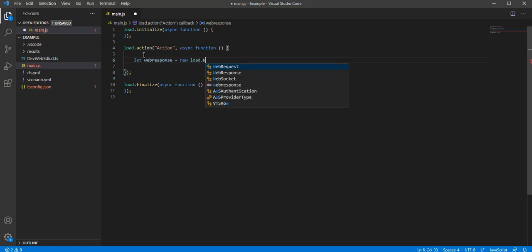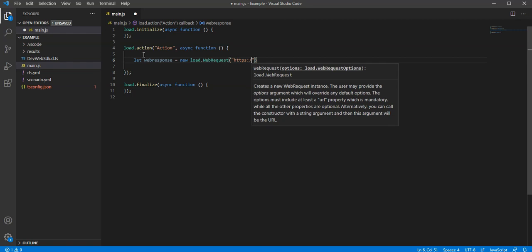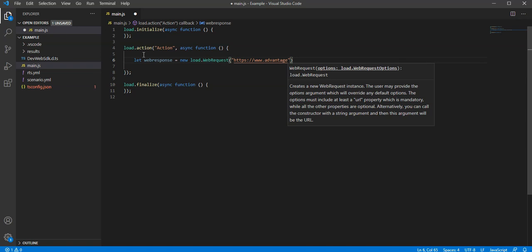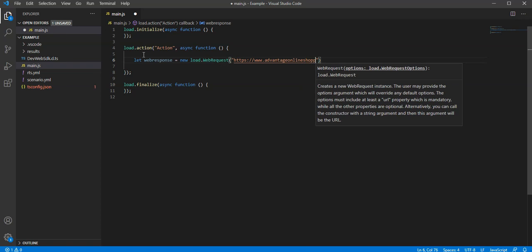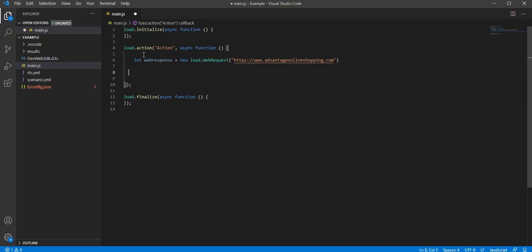So basically, when you do a web request, the default method is always GET. So you can define here just the URL and enter the address you want to request. Advantage Online Shopping again is our request, and that's it. You can also send the request by sending sync, and this will fire just a simple GET as a default method. What I can also do is I can just log